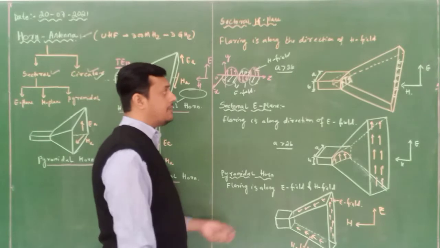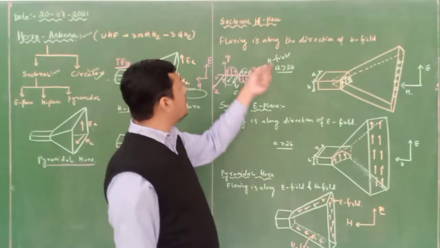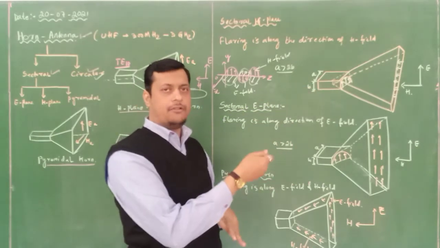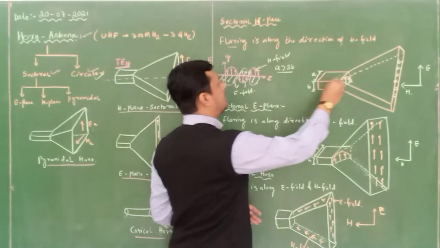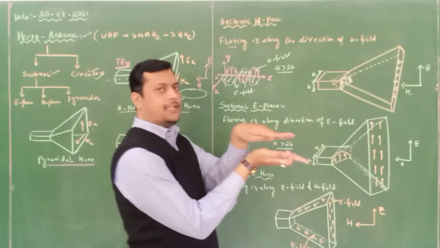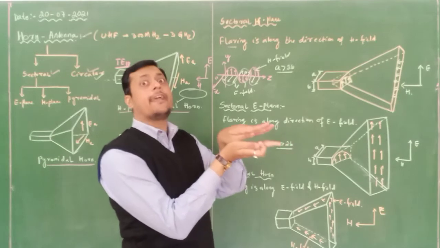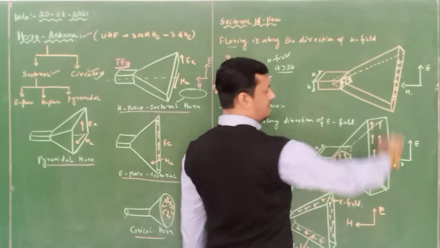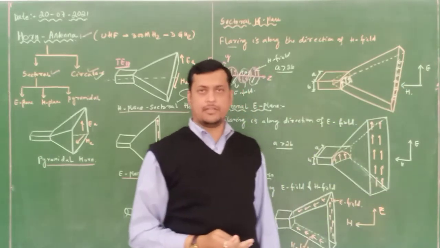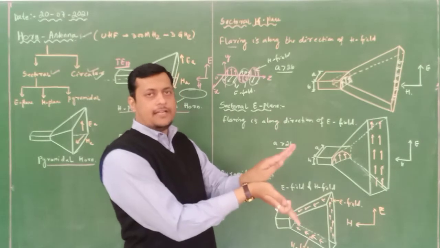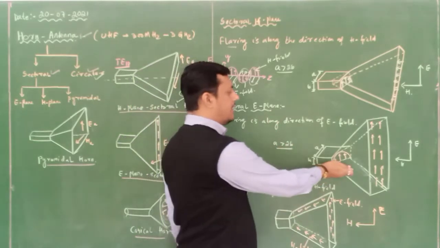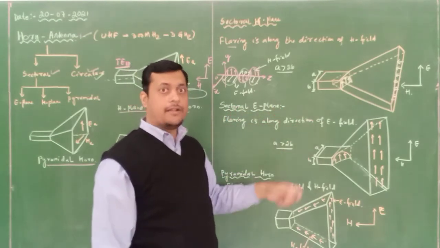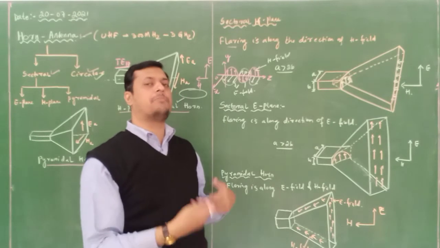Now in this you can see the field components are available. First, the sectoral horn antenna is horizontal in nature. If the flaring, this is called the flaring, is horizontal in nature, then I will say it is called H-plane. That means my magnetic field will move in this horizontal direction, perpendicular to the electric field. But if the flaring is along the electric field, which is vertical in nature, then I will say it is called our E-plane sectoral horn antenna. When I combine these two, it becomes a pyramidal horn antenna.